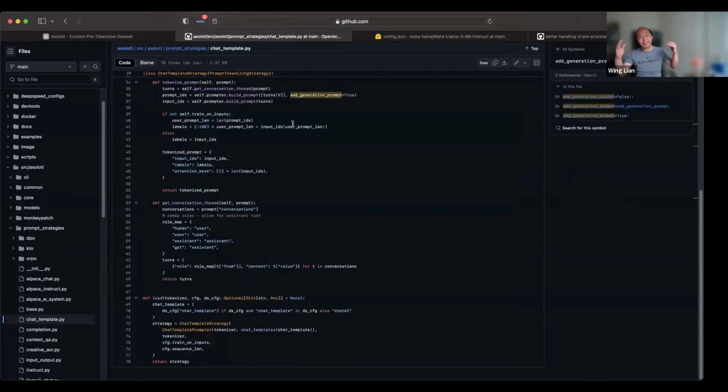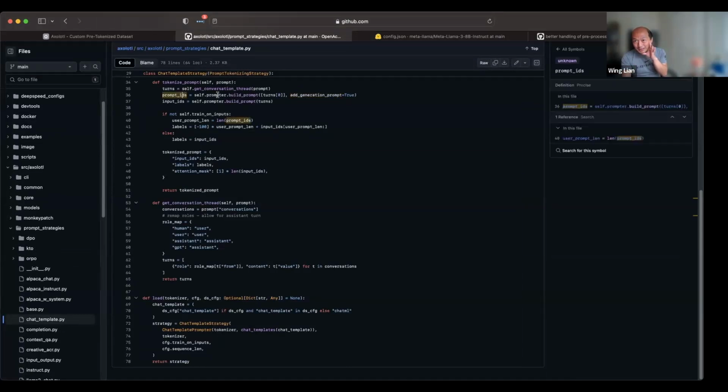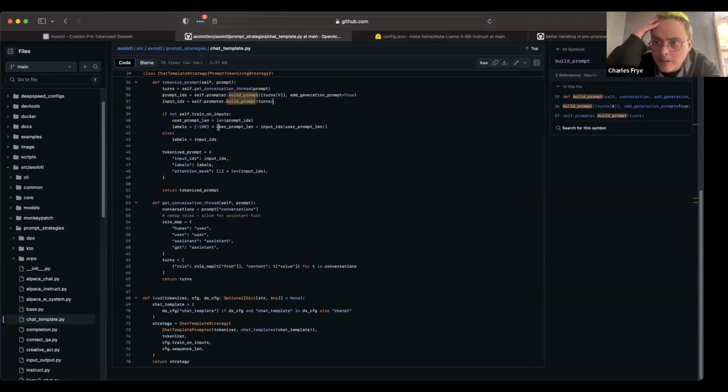It generates the entire string and then goes back, and so I think this is much closer to something that shouldn't have errors, because you have the prompt IDs and the input IDs, and then it sort of backs it out. So then do I need to also bring this same prompt strategy into my inference engine, or is there a way to guarantee compatibility with the prompt construction technique in my inference engine?